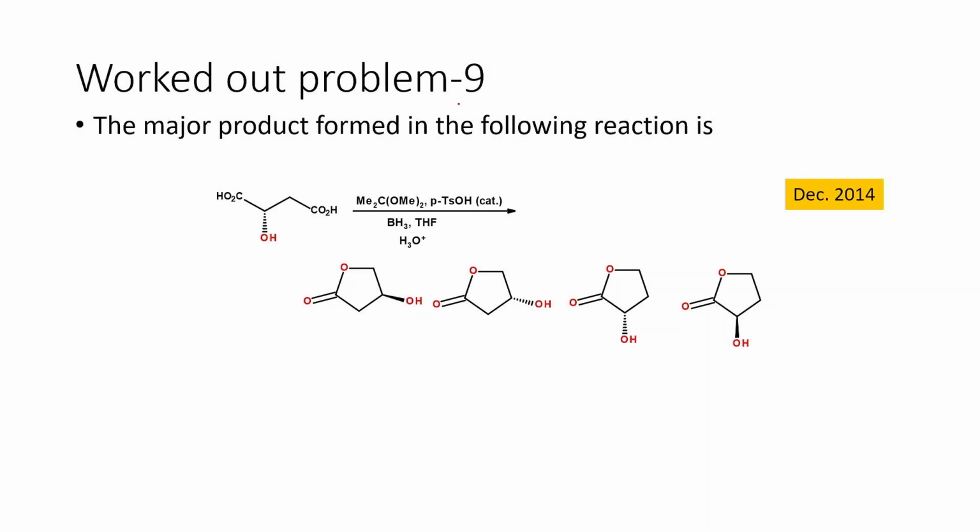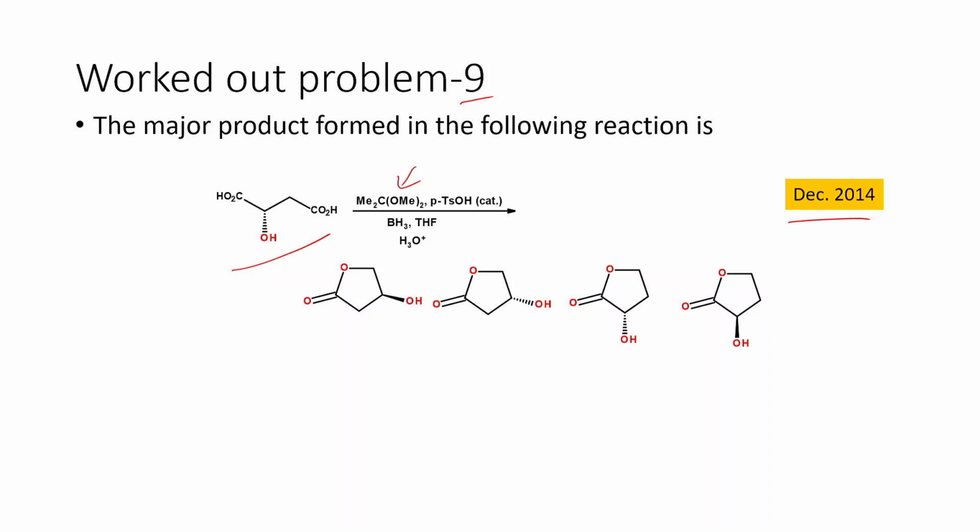Let us move on to the next problem. This question was asked in December 2014. The major product formed in the following reaction is. Here we have a hydroxy dicarboxylic acid, and this is treated with the DMP reagent and paratoluene sulfonic acid as a catalyst,